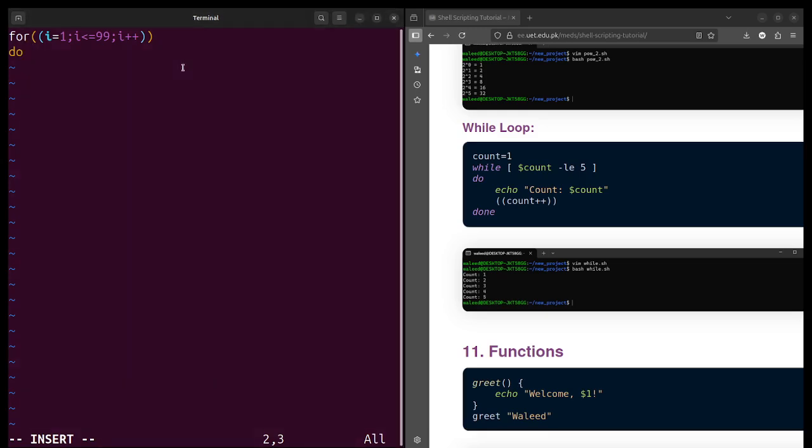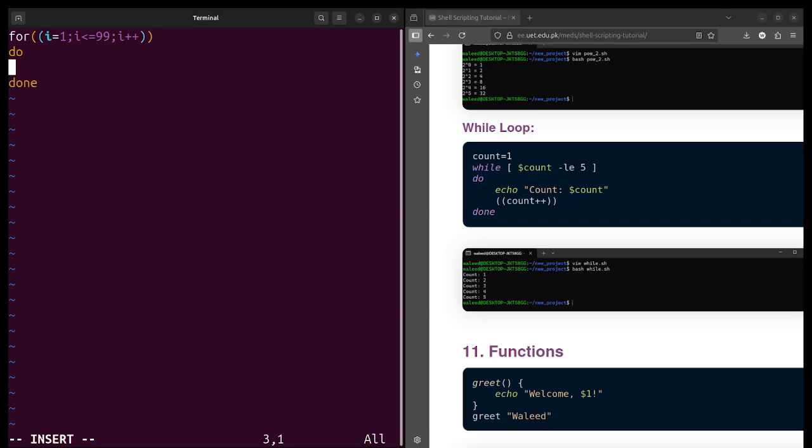So whatever you want to do from it, you simply write inside do and then the body.